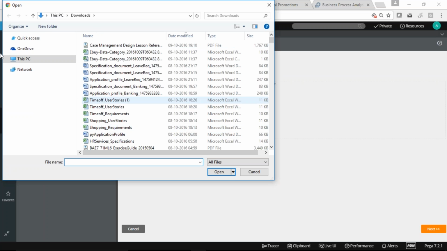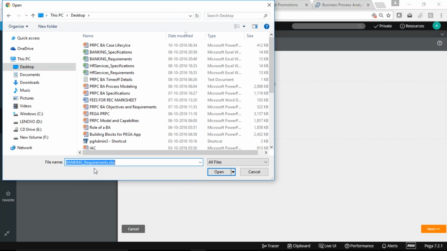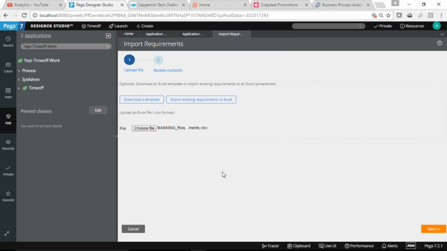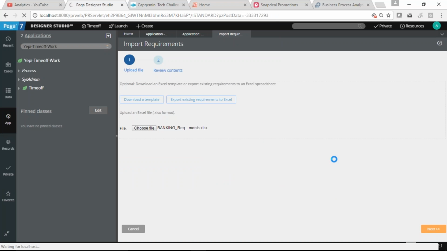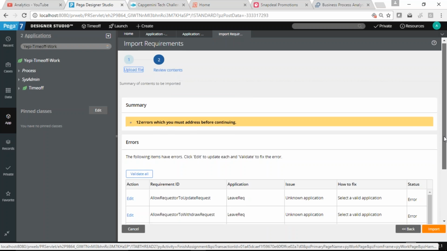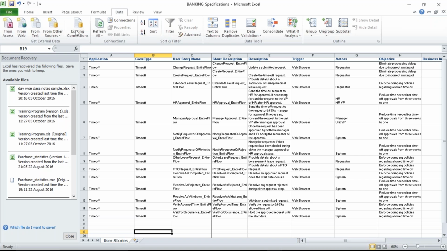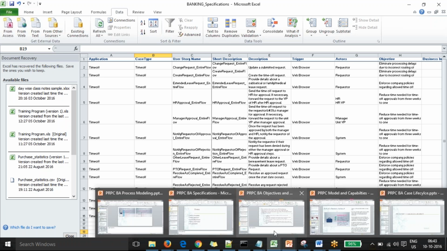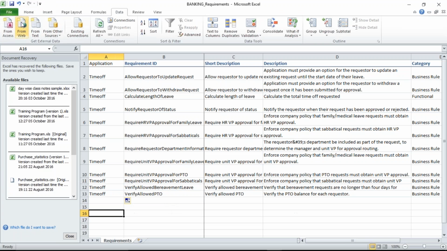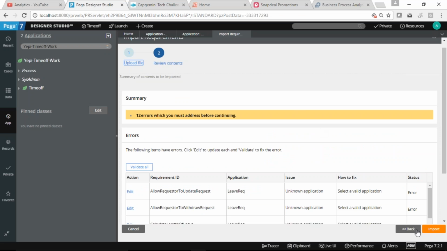I give the name, and when I click next, it will read the Excel file and try to upload everything here. Still 1 minute, I have not saved it.